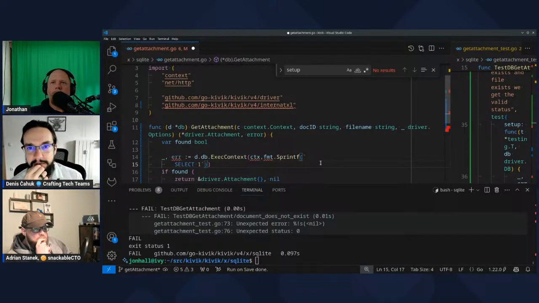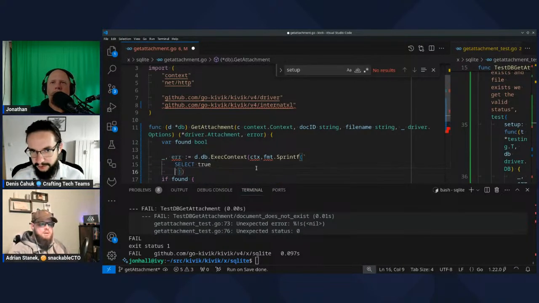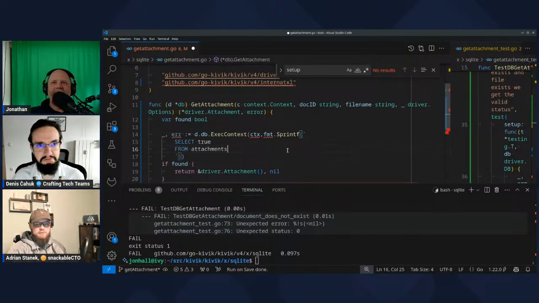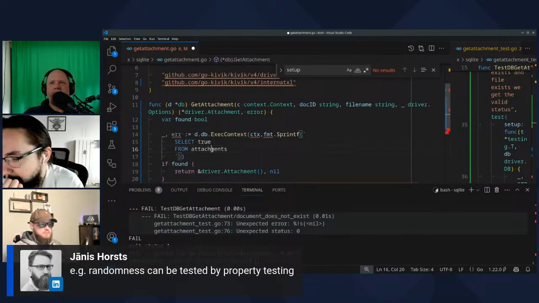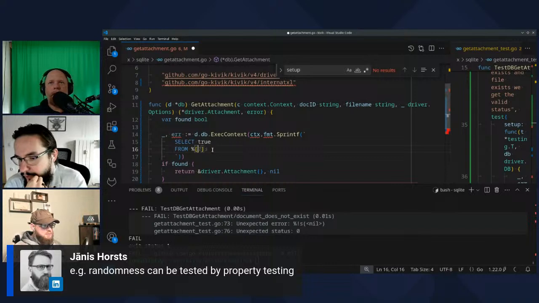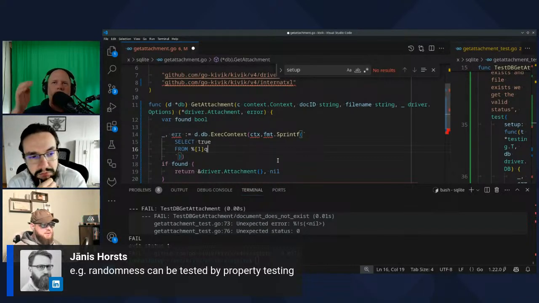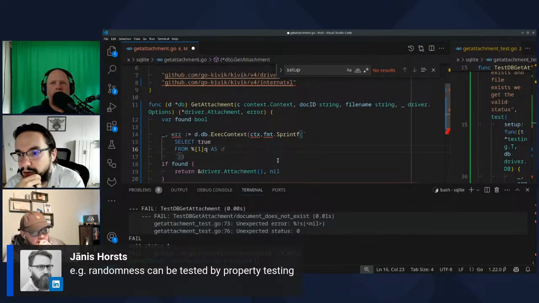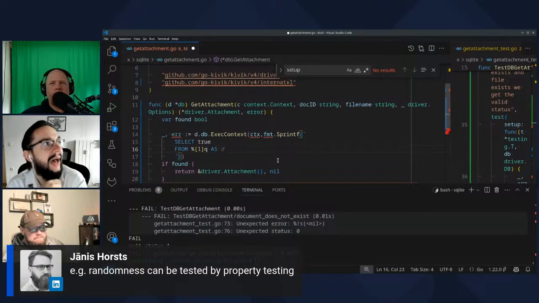How's the chat doing? Are people agreeing with us? We still have about 40 people, but not much response yet. We have one more comment we overlooked, which was Yanis stating that randomness can be tested by property testing. I'm not a big fan of property testing. I personally test randomness with Monte Carlo simulations.